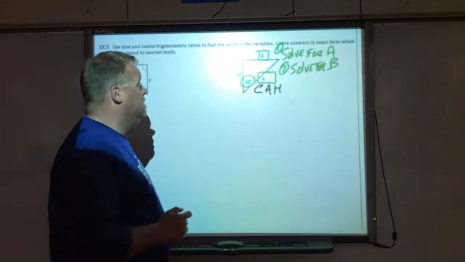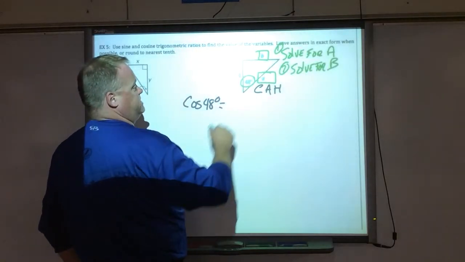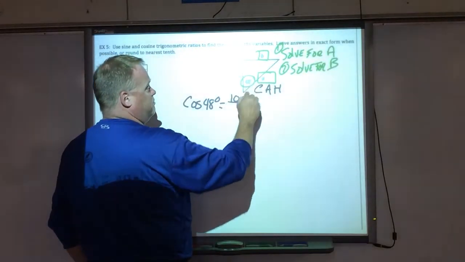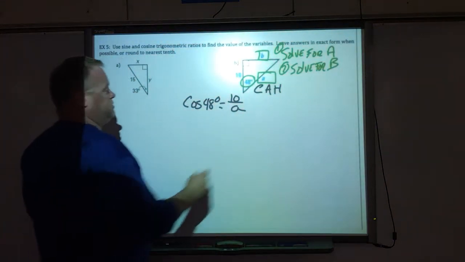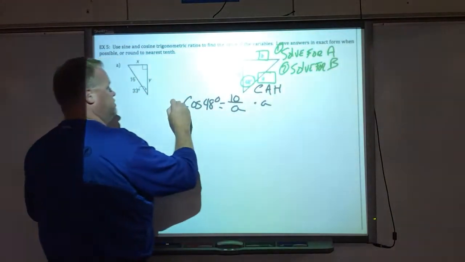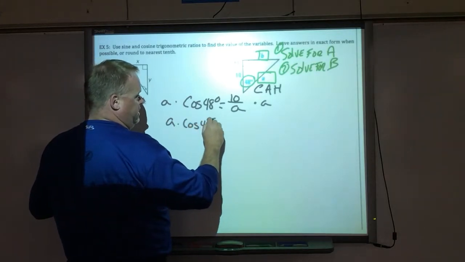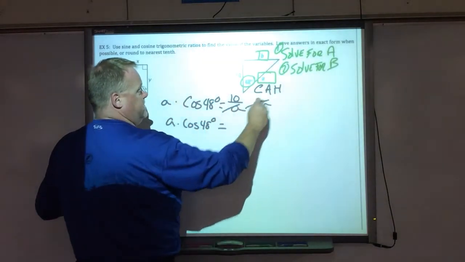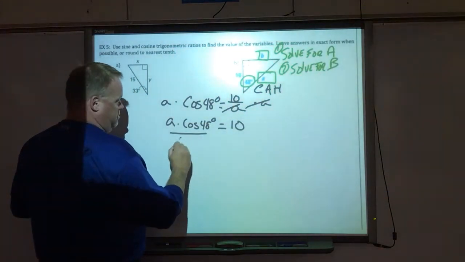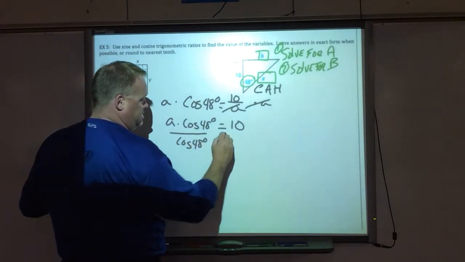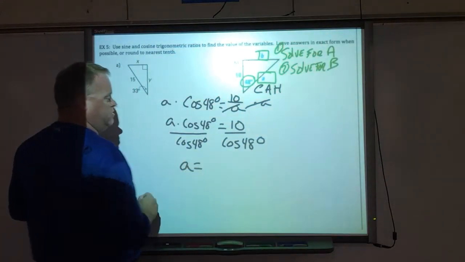So I'm using cosine of 48 degrees is equal to the adjacent, which is 10, over my hypotenuse, which is A. So here we go. Multiply both sides by A, which is my common denominator. So I have A times cosine of 48 degrees is equal to, these A's cancel out, 10. Divide by cosine of 48 degrees. What I do to one side, I must do to the other. So A is going to be equal to